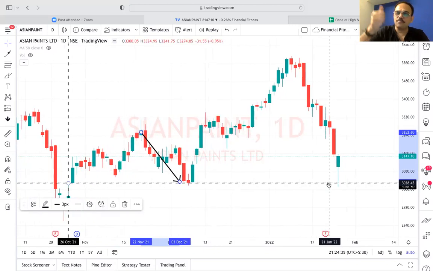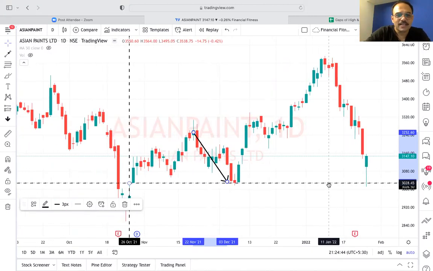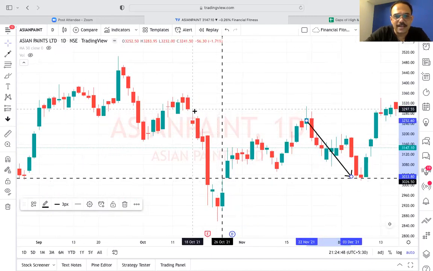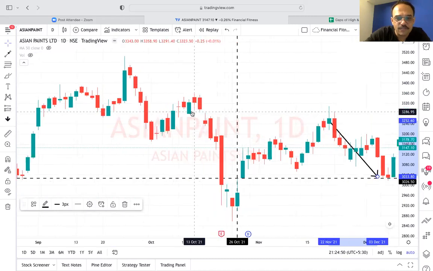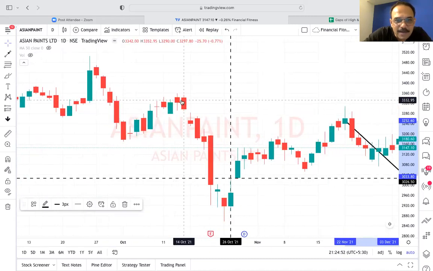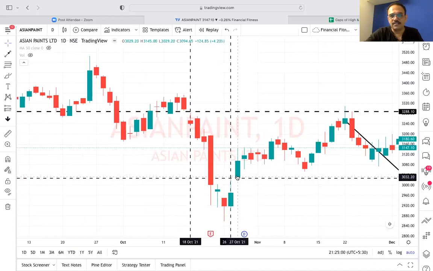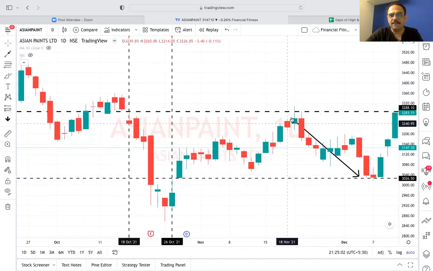How many of you are seeing the magic of gaps and how the support resistance level is formed? Same way, see here also there is a gap at this location. If you see, there is a gap from here to here. If I draw a line here and a line here, you can see the price went up, it faced a